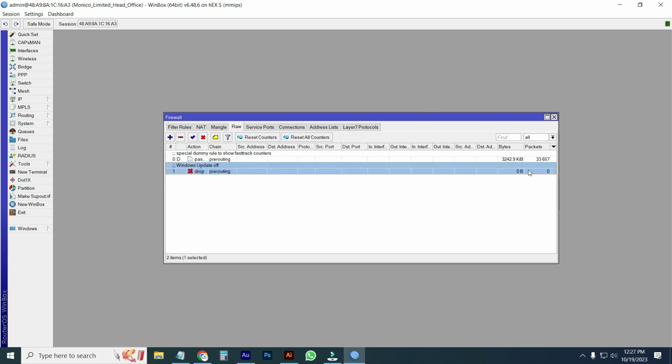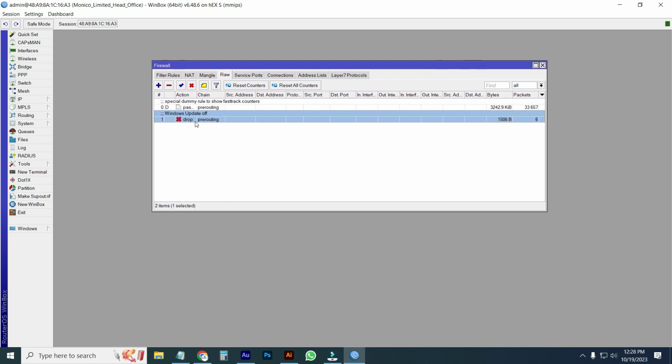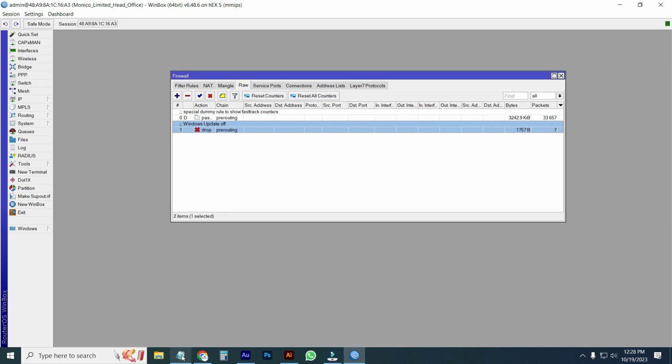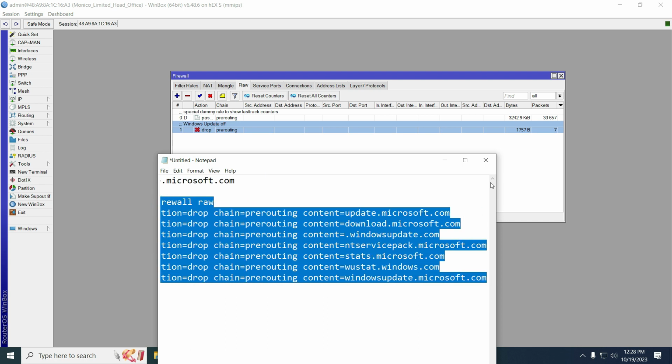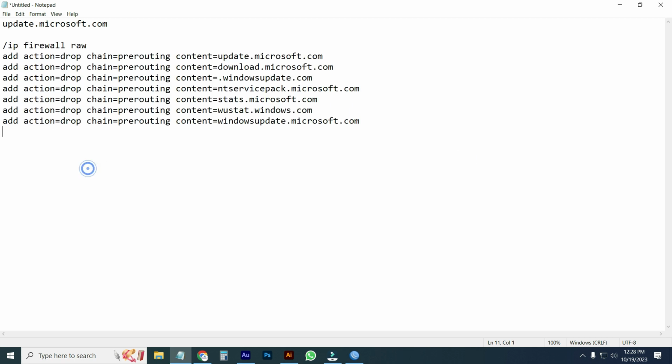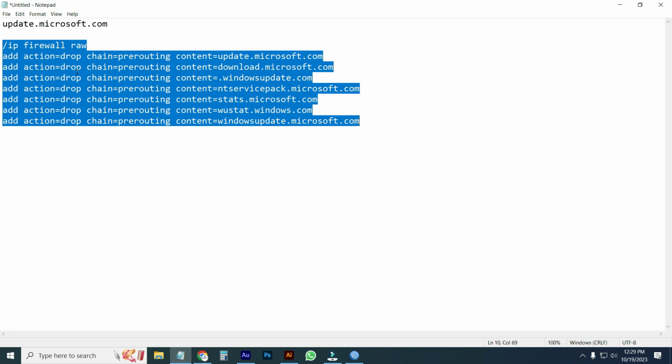After this it will work. I will apply. From this window you can see here Windows Update. After this apply option, see here that it is working. Go to the script file and copy from this option. I expand it. Copy this script from the video description. Just copy this script